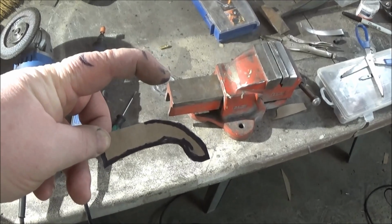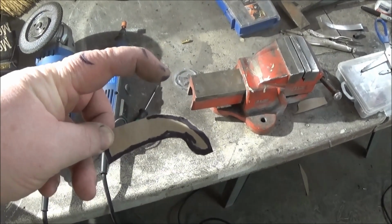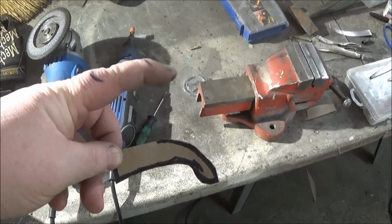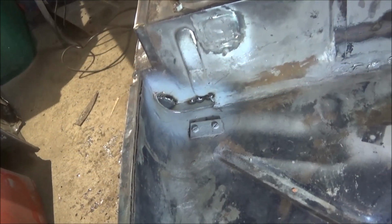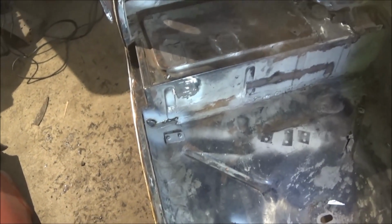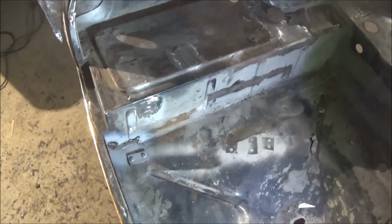That's going to be a pretty weird looking patch, but that's what it needs to look like. So we'll go ahead and put in the metal, weld her in. Great, we've got that patch just tacked in the bottom there. So what we're going to do now, I think, is flip the body up so I can get a little bit better access at welding that. I'm going to flip it